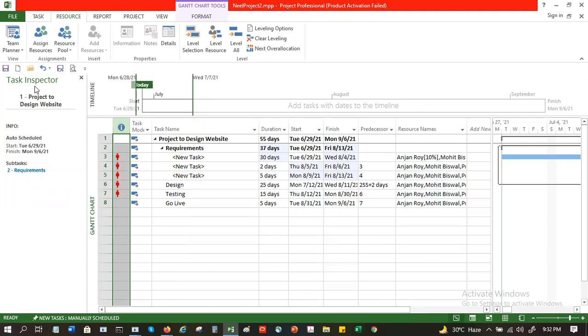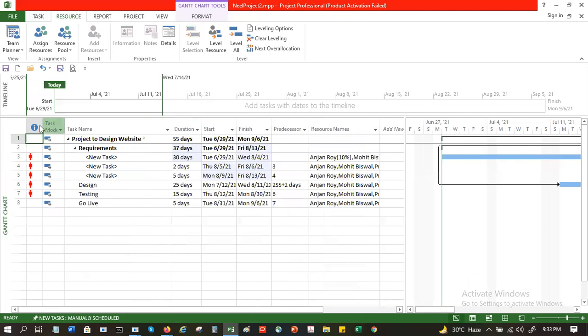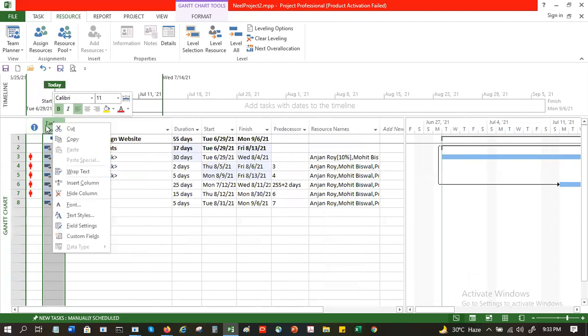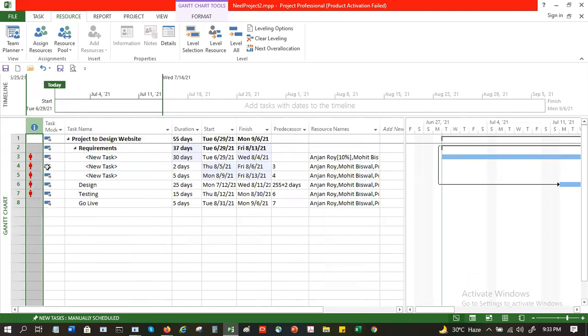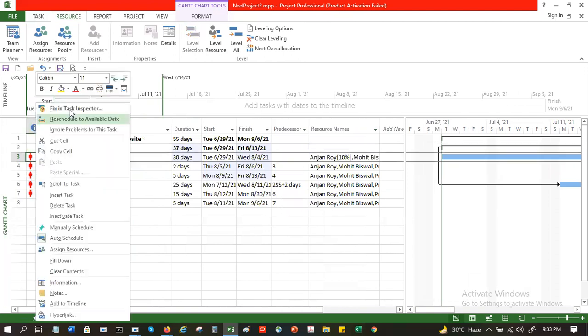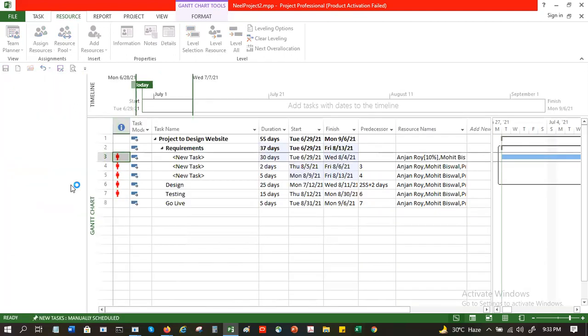It's already showing here on the left hand side. If I close it, then it will show up in that. Fix in task inspector. So then this will show up over here.